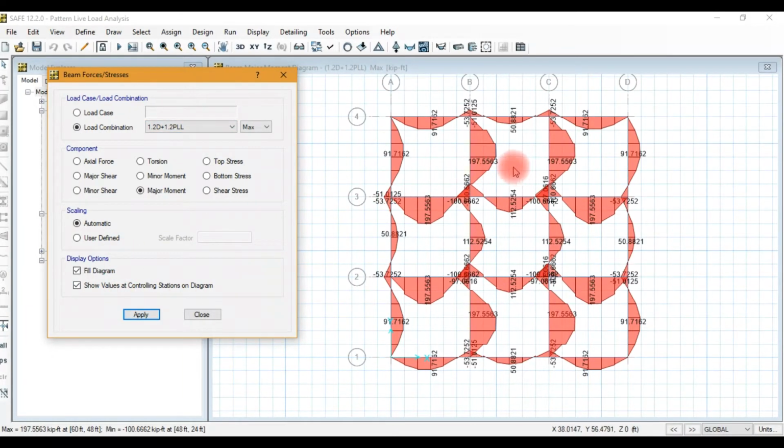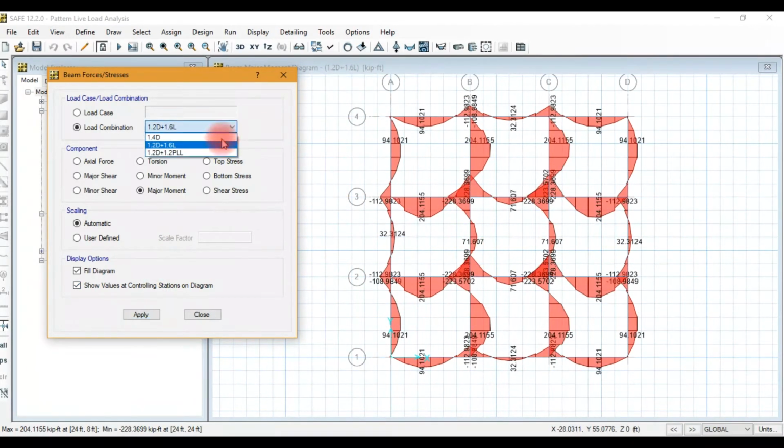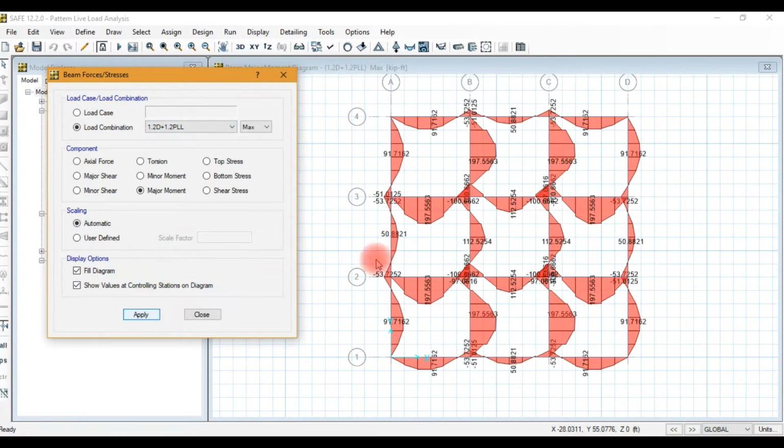For pattern live load here it is 197 as compared to 204 in case of simple live load, slightly lower. But at mid portion for simple live load it is about 71, but for pattern live load it is much higher, 112.